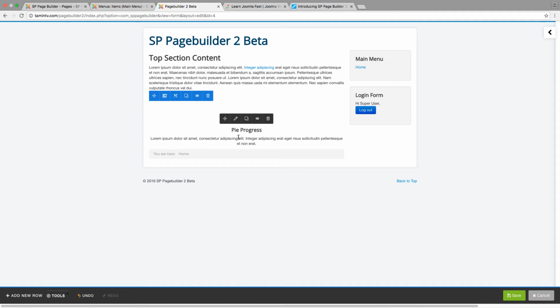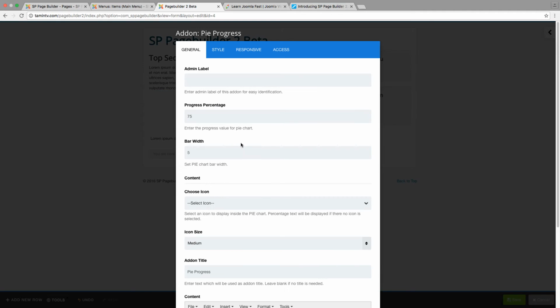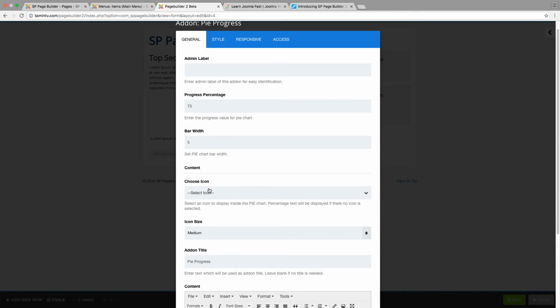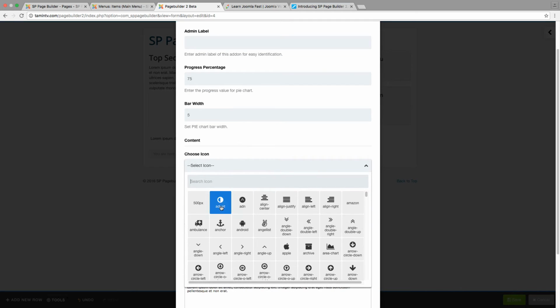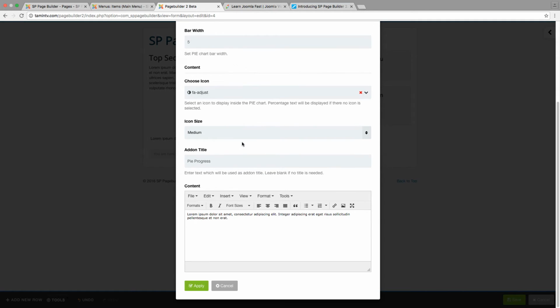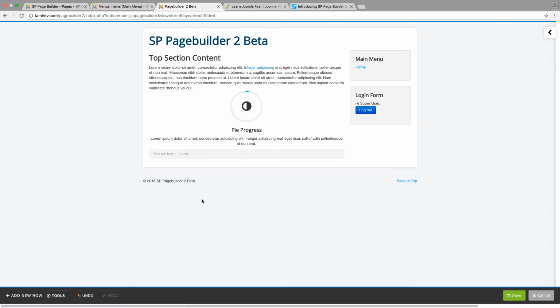So right now, nothing is showing there. I'm not sure if it's some type of glitch, or if it's just because you have the percentage set here and you have the width. But when you click on that, you don't see anything on the front end. So I'm sure that if it's a type of glitch, there's something they're probably working on. So there you have it now. You have to put in some type of icon here, so it wasn't a glitch. All right, so you put an icon there,